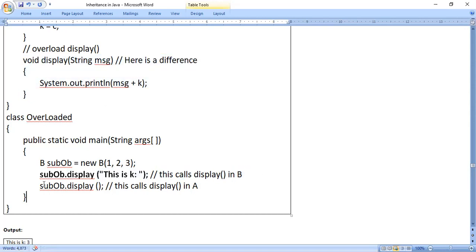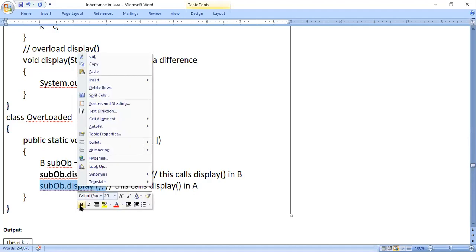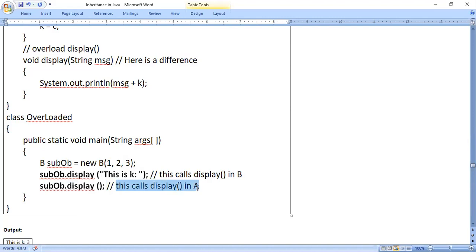Next, by using the subOB object, you can also call the display method of A because of inheritance. B is a subclass of A, so by using a subclass object you can call the superclass methods. When this line is executed, it will call the display method in A, because here I have not used any parameters, just opening and closing parentheses without any value.